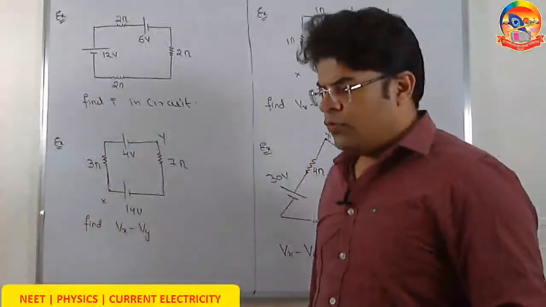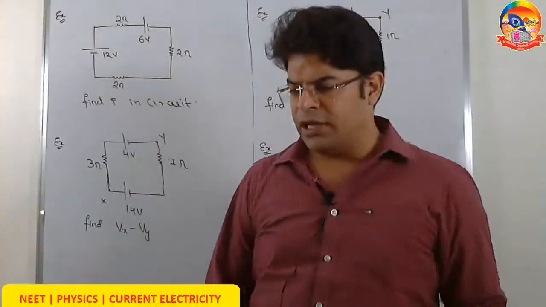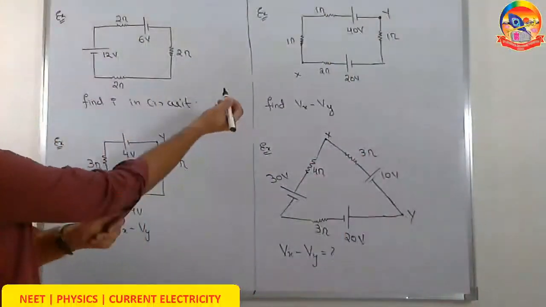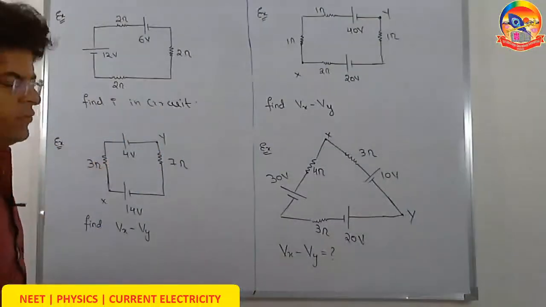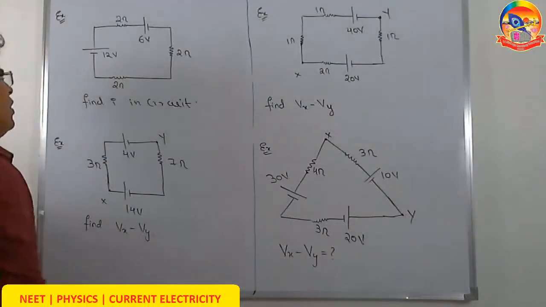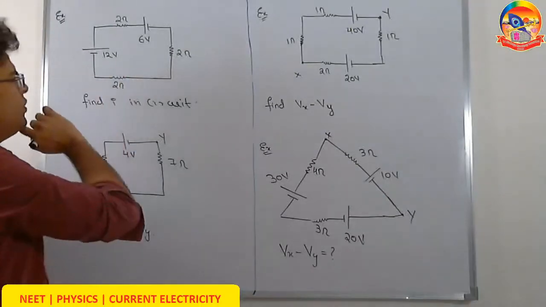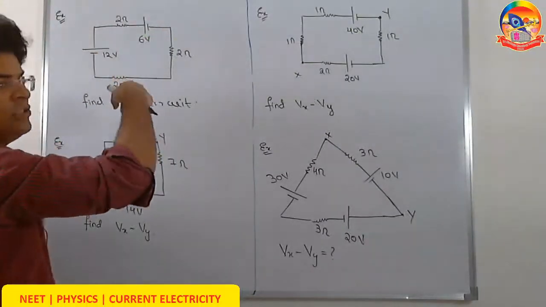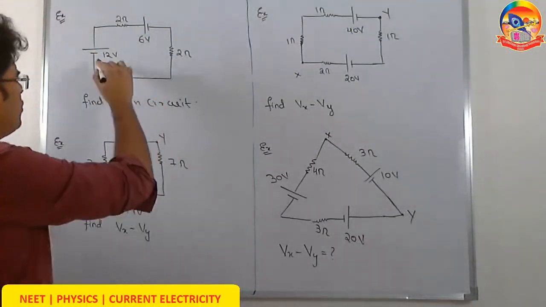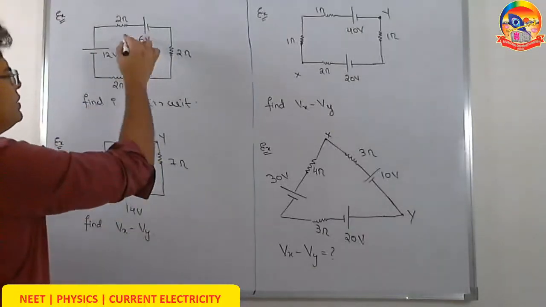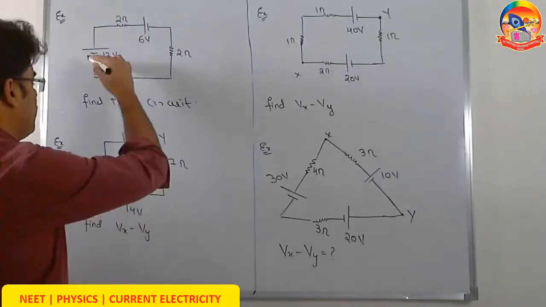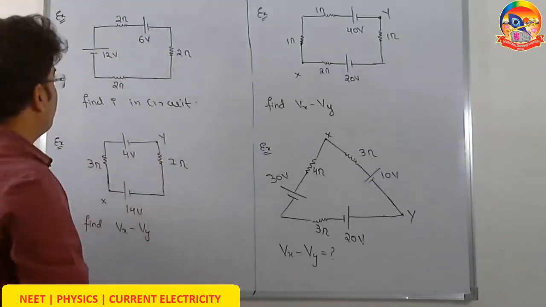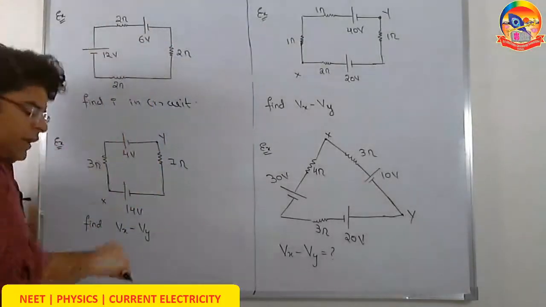So let's do a few more examples without using KVL. Now see, there is this circuit. Question is, what is the current in the circuit? And the question is very simple. Look at this 12 volt battery. This 12 volt battery tries to drive current clockwise or anti-clockwise? Yes, you are right, it tries to drive it clockwise. This 6 volt battery tries to drive current anti-clockwise. Who wins? Definitely 12 volt wins. It has got higher EMF. What will be the resistance of the whole line?